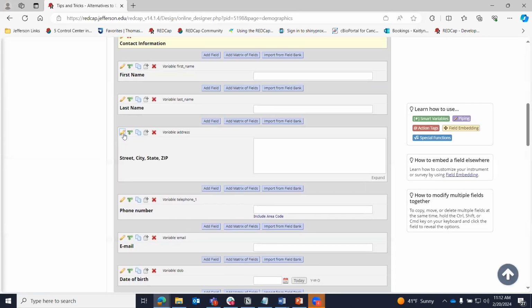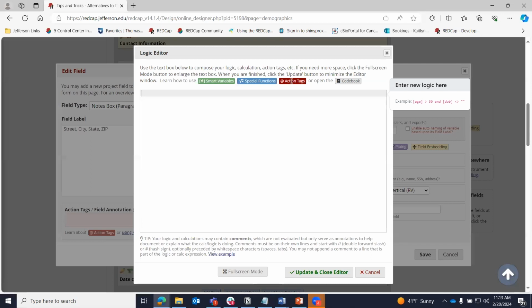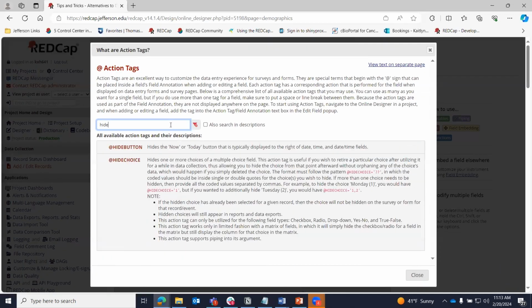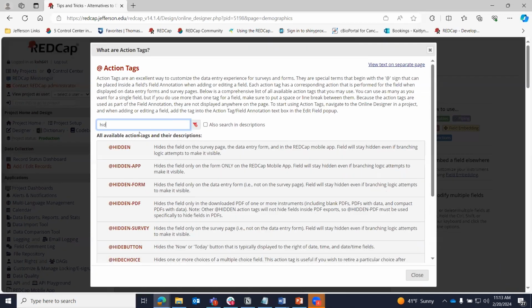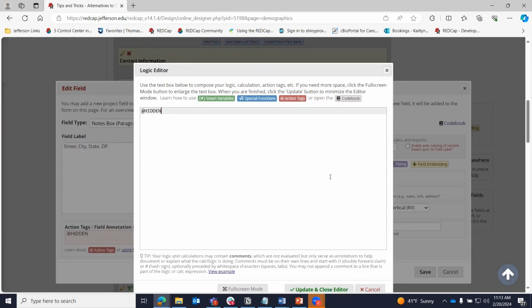I don't want their addresses anymore. So just like we did before, I'm going to come in here and use @HIDDEN. Depending on how you click on the action tag button, whether you've already clicked into the field or whether you're clicking on the button below the pink field, you might have a button to click. If you click the button below the field, you will have a button to click to add an action tag